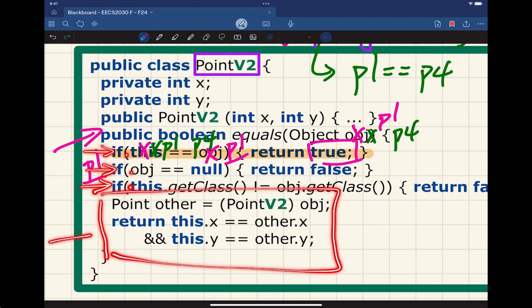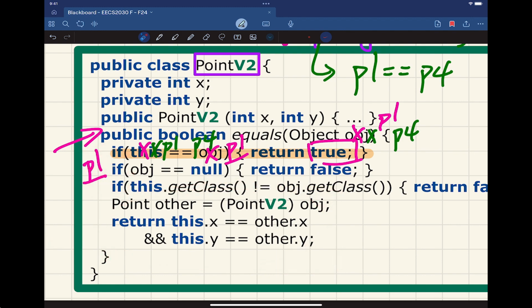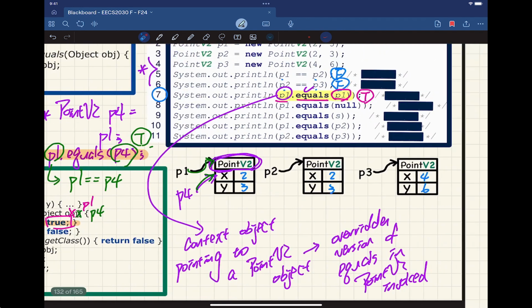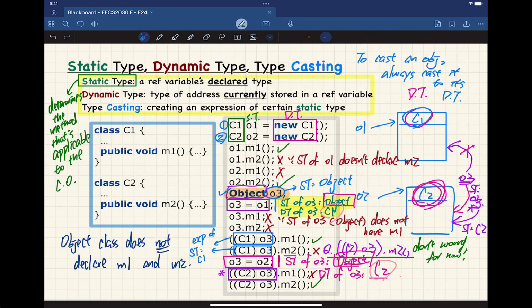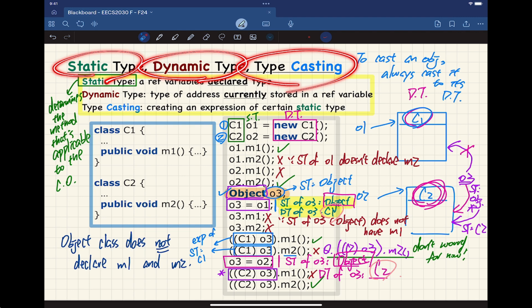But to really get you guys ready for this particular part, we did some exercise, if you remember. That's also something I wanted to remind you of yesterday. Let's take a look at the exercise here. So the exercise here really illustrated the basic use of static type, dynamic type, and also typecasting. That's something I might just briefly review very quickly today when we talk about the last bit for the equals